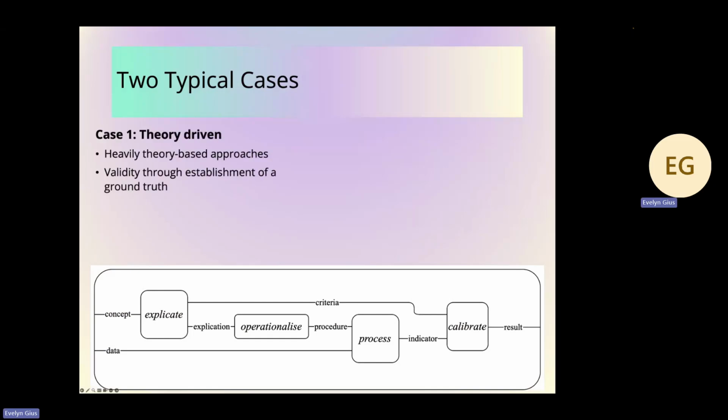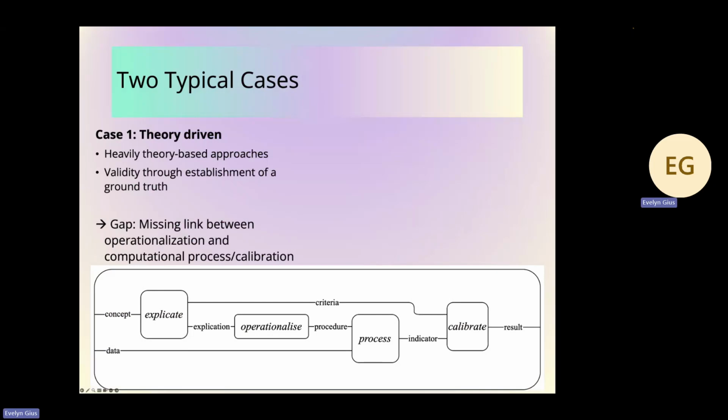the two things, at least in digital humanities, and especially in computational literary studies. There's the case of the theory-driven approaches. We have a heavily theory-based approach where validity is also provided to a certain extent, again, not statistical, but conceptual, through the establishment of a ground truth, like for annotations. They do a lot of annotation processes and iterations until they get to a stable point and make sure that what they have annotated is something that is also covered by the theoretical understanding they have been using.